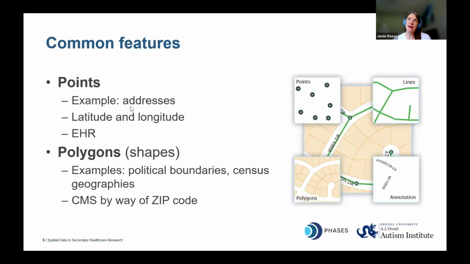What can we put on a map? We call these features. So they can be points, polygons, and lines. Points are single locations. So for example, addresses; there are people in the PHASES Data Core who use electronic health records. Polygons are going to look like a shape on the map. So there'll be things like municipal boundaries or census tracts. Lines are used to depict linear features like streets. We're not going to talk about them much today just because they're way less likely to be used in this context.